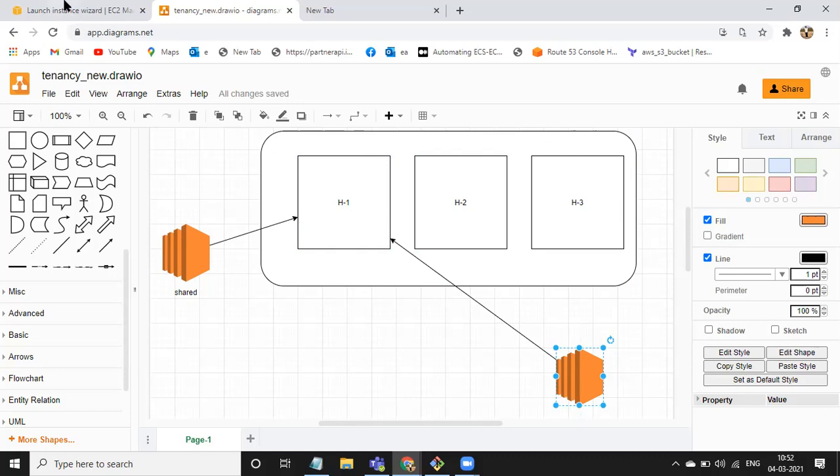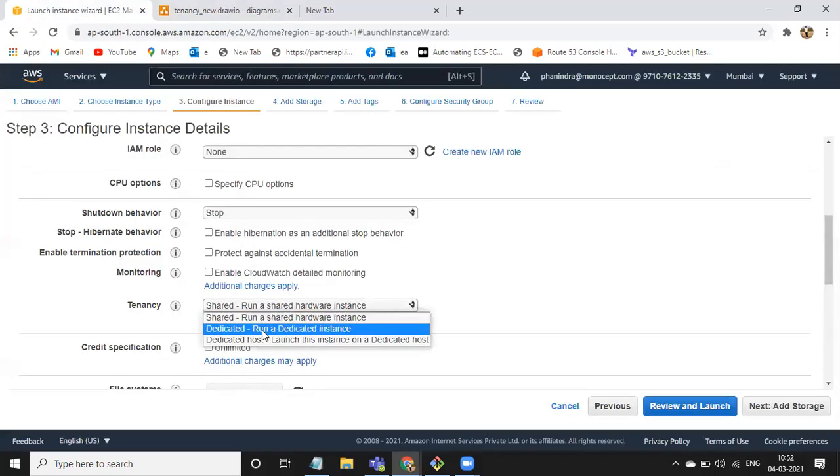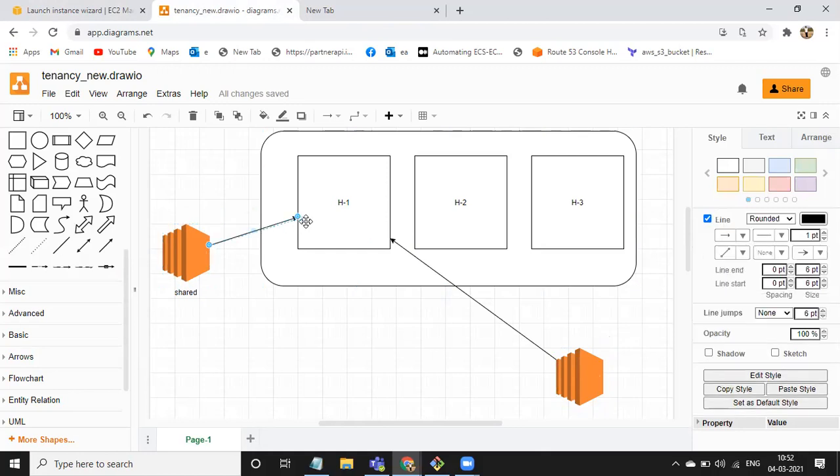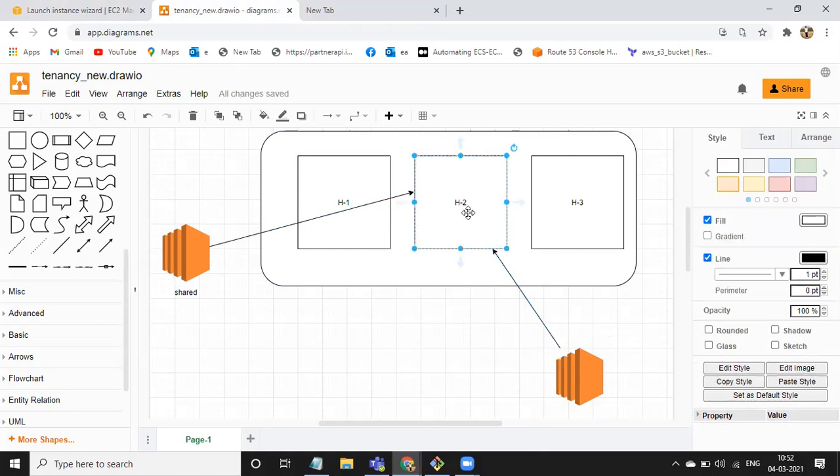Okay. And what if you select a dedicated instance? If you select a dedicated instance, this hardware will be dedicated for you. AWS will give you one dedicated hardware. All the instances which you launch in the dedicated instance tenancy will come and sit in dedicated hardware, like H2 is the dedicated hardware.